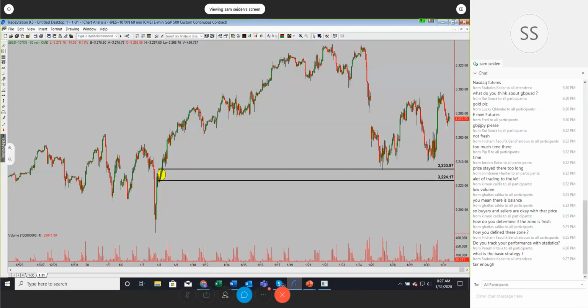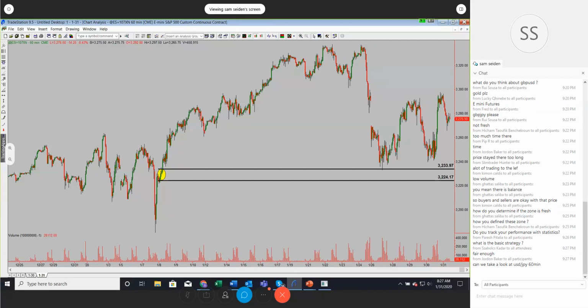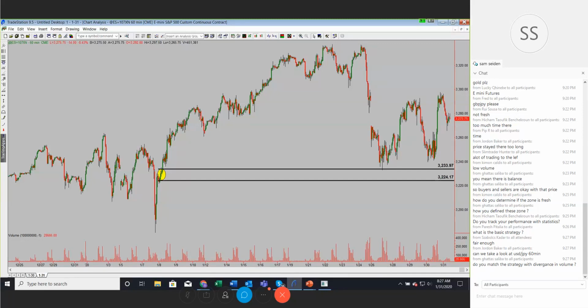Do you track performance with statistics? Between some of the picking services, there's some stats there. Do we see every statistic of everyone that trades a strategy? No, right? There's thousands of people that do that. I look at my own stuff. We all look at our own stuff, and it depends on what you're looking at. Are you looking at someone's real account? Are you looking at the services, maybe Online Trading Academy or somewhere else? And it also depends too.